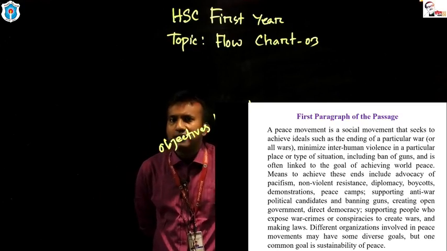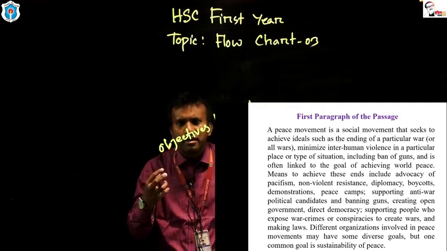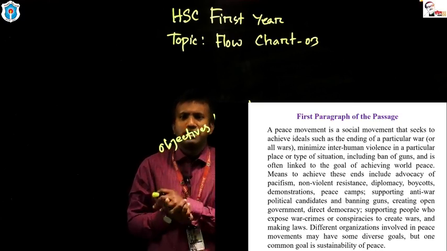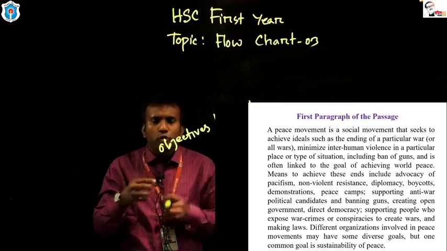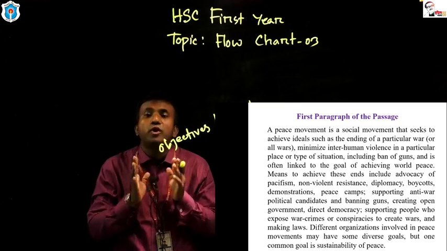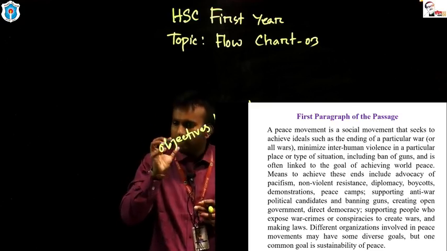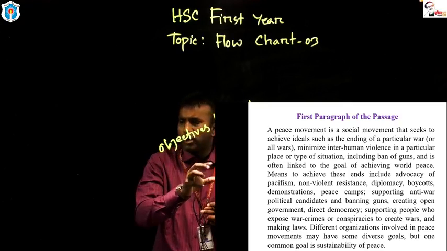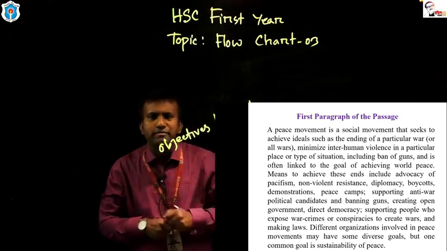Let us repeat the sentence. A peace movement. We are talking about a peace movement, and this peace movement is called a social movement that seeks. That means with peace movement we aim to achieve some goals. The first goal of this peace movement is the ending of a particular war. Dear student, that seeks to achieve ideals. Here ideal means,